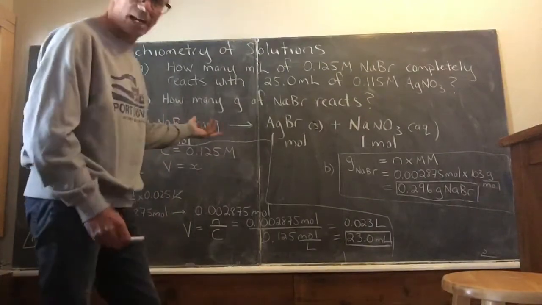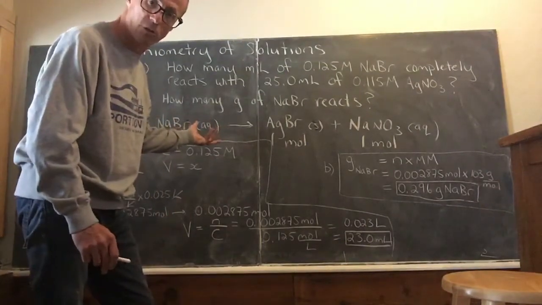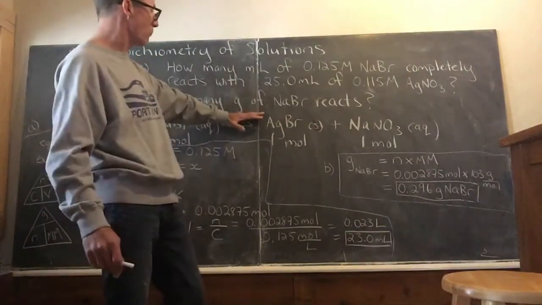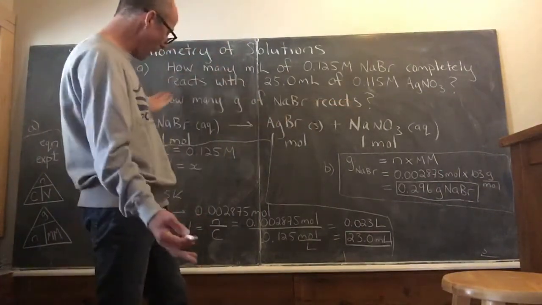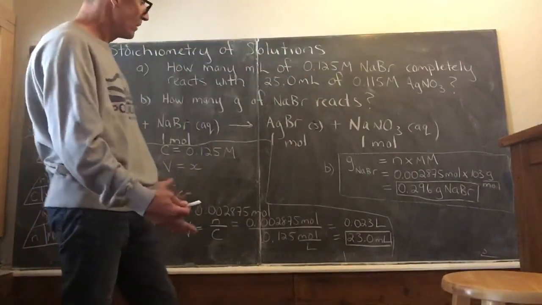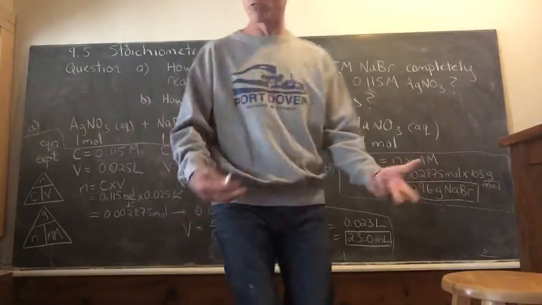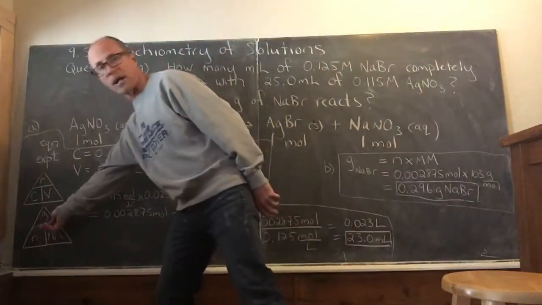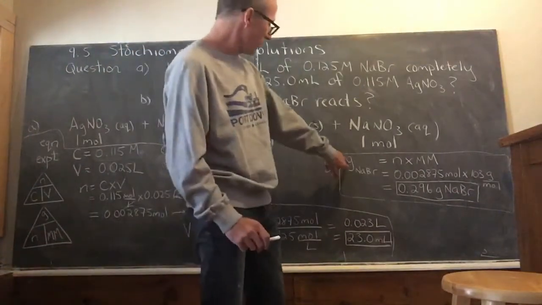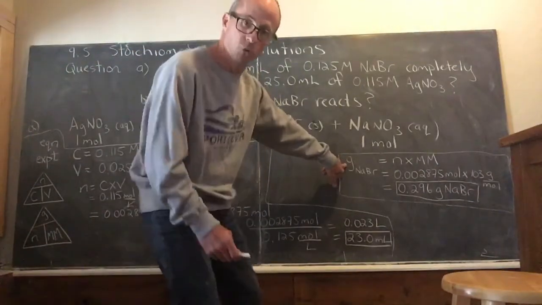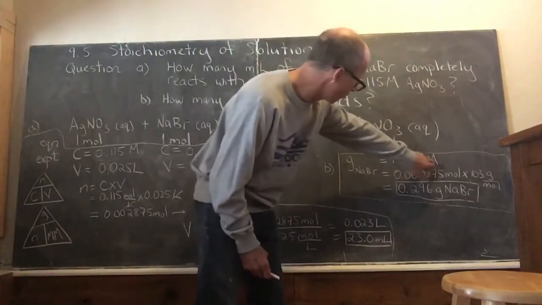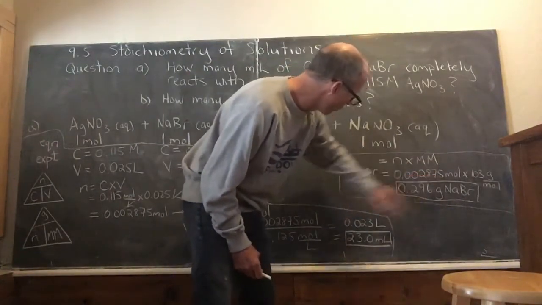Part B goes back to the good old stoich of yesteryear in chapter 7. It says how many grams of sodium bromide react? Well, we have the volume, and we have the molarity, and we have the moles. So we can go back to our very original mole triangle, way back to mole land, and find the grams of NaBr. Because you already knew from before that grams equals moles times molar mass. We just found the moles of NaBr,